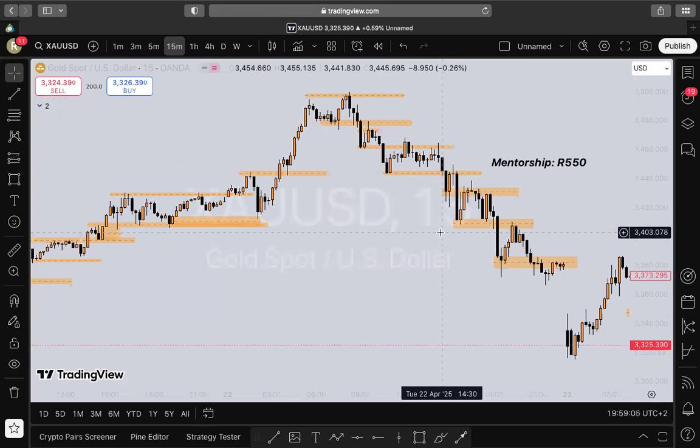What did we talk about? We spoke about the fair value gap. How many fair value gaps do we have? Let's comment on that one, guys. Three fair value gaps. Come again, I'm saying 3 fair value gaps, right? 3 fair value gaps, right? How many did we talk about here?